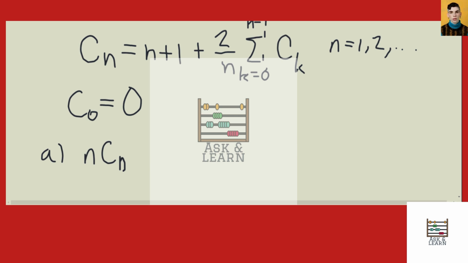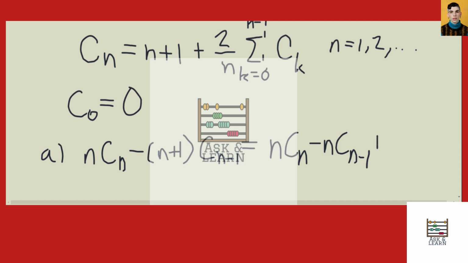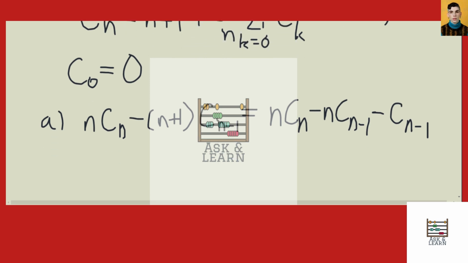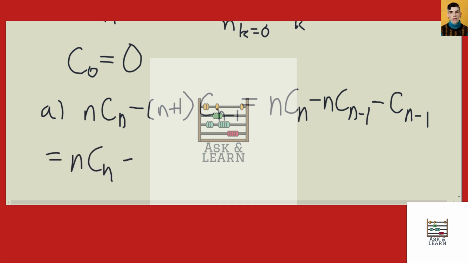So, in part A, we have that nCn minus n plus 1 times Cn minus 1 is equal to n times Cn minus n times Cn minus 1 minus 1 times Cn minus 1, which is the same as n times Cn minus n minus 1 times Cn minus 1 minus 2 Cn minus 1,